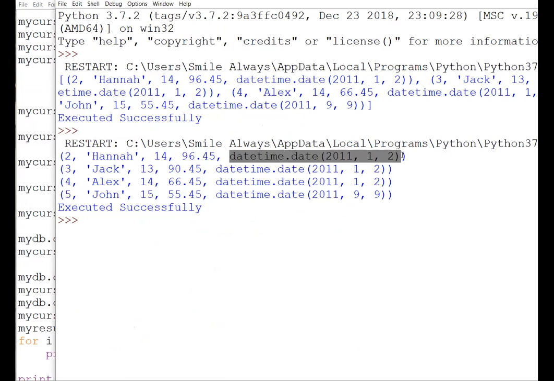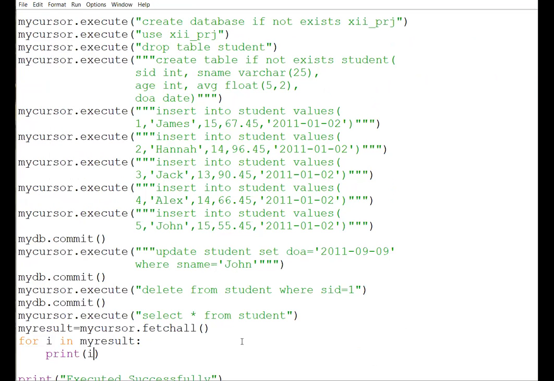Okay, one more thing, you can see how your date and time format has been shown over here. So actually you have to convert it. Okay, then only you can see it in the proper format. So that all we will do one by one. So I of 0, comma, I of 1. Ultimately what we are doing, we are dereferencing all the locations, all the values basically. So total there were 1, 2, 3, 4, 5 values. So I will be writing up to 4. So I of 1, then I of 2, then I of 3.